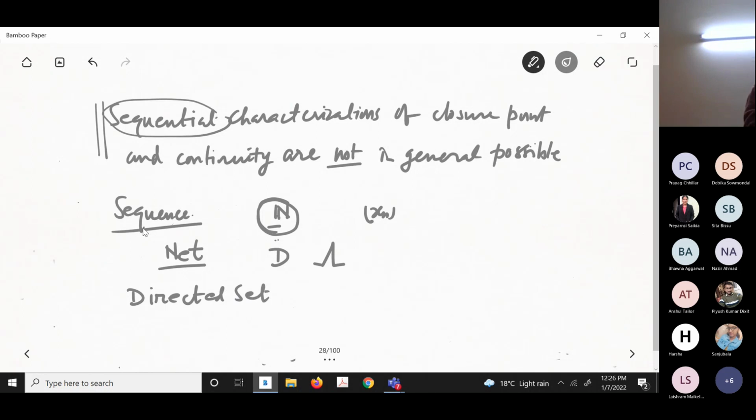And we will see it's a generalization. So a sequence is a special kind of net, where the domain is the set of naturals. Now the directed set, what do we mean by directed set? First, you need to define a directed set. Now look, recall that when you define the relation,